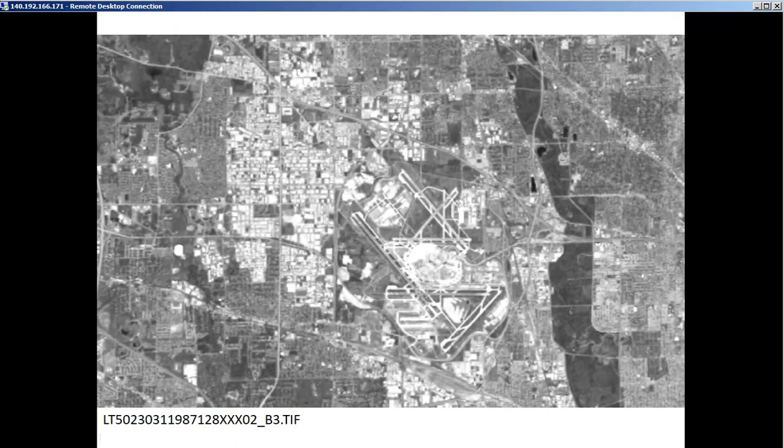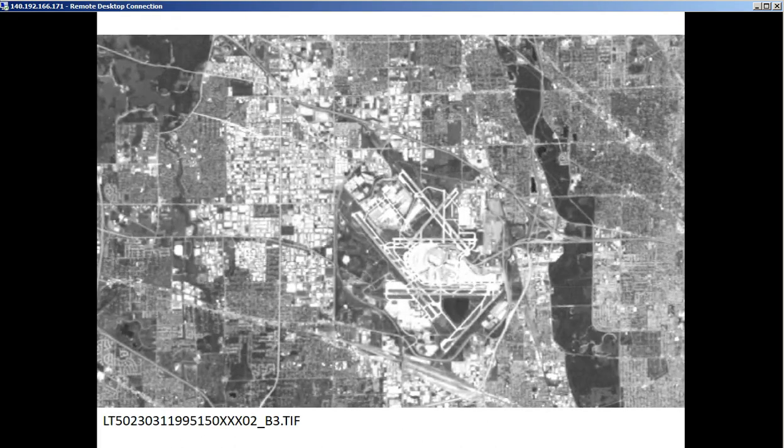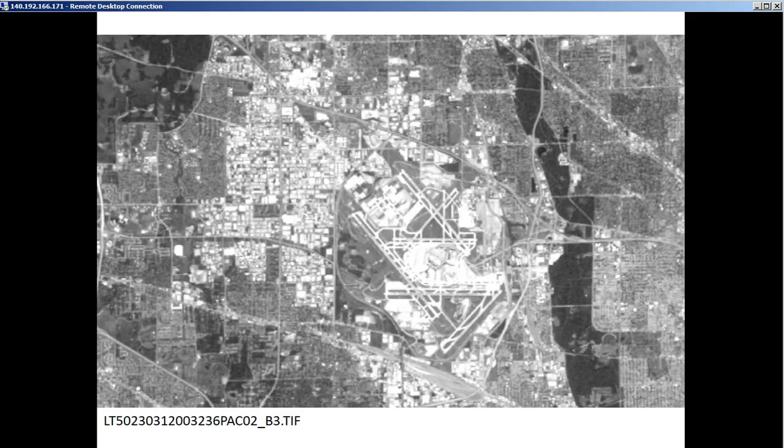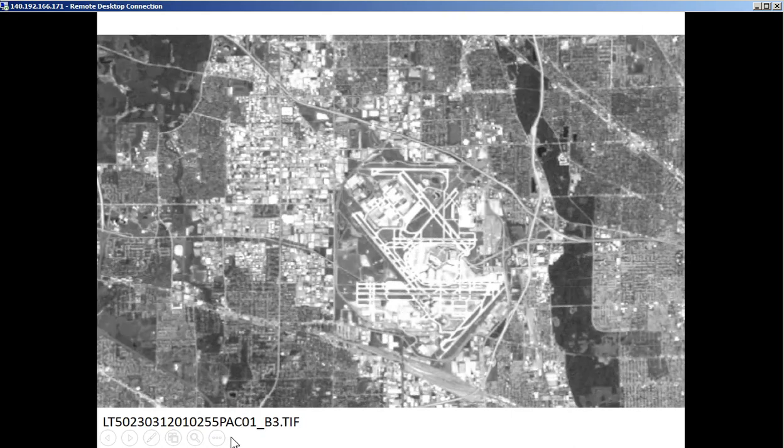Here it is in 1987. Here it is in 1995. And here it is in 2003. And then here it is in 2010. So you can see the change that's taking place through these